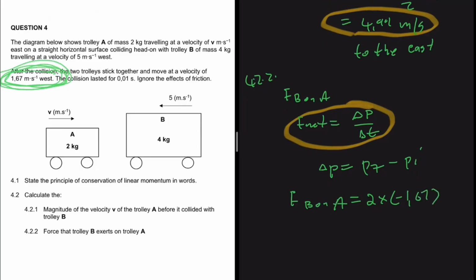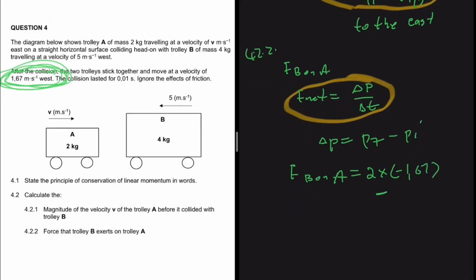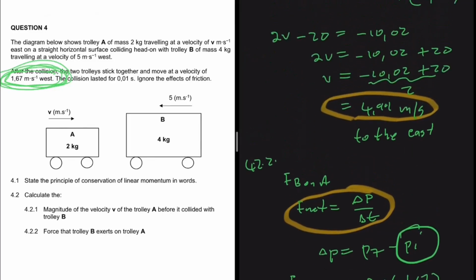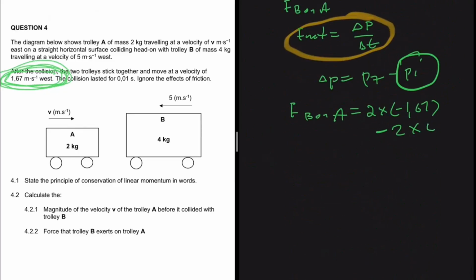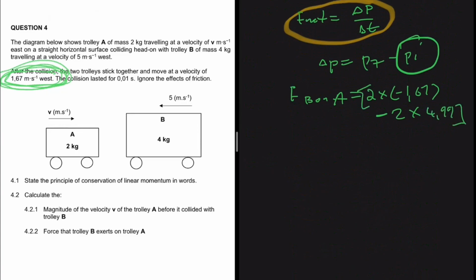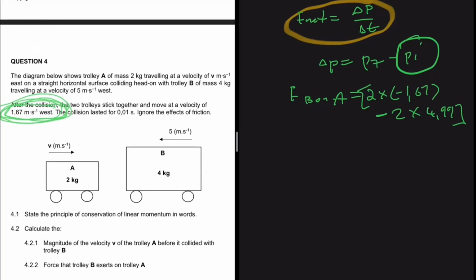So we're gonna have minus 1.67, and then minus the momentum initial, right? So we have 2 kg again multiplied by the velocity initial. We just calculated it here, it is 4.99. So we have multiplied by 4.99, and then we divide everything by the time the collision takes, right? The collision lasted for 0.01 second. So everything divided by 0.01. And then the answer I'm getting here is minus